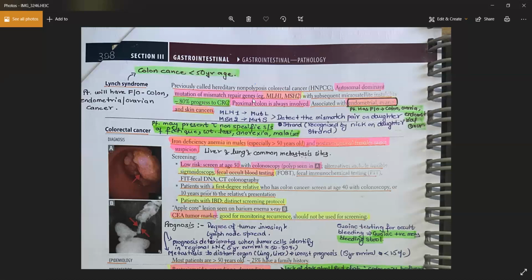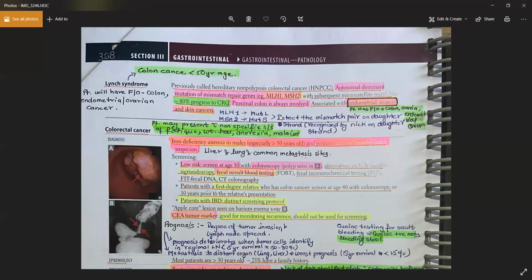Okay, and the mismatch repair genes are the MLH1 and the MSH2. The MLH1 will code for a protein which is known as MutL, okay, and the MSH2 will code for a protein which is known as MutS, and they will detect the mismatch pair, okay, and they will then repair it, okay, with the help of that sequence where they will call this